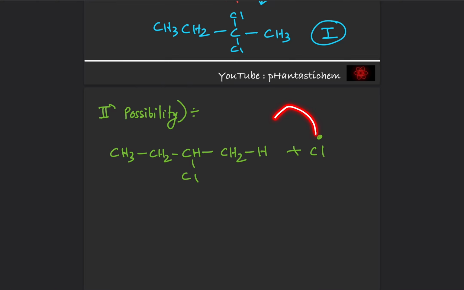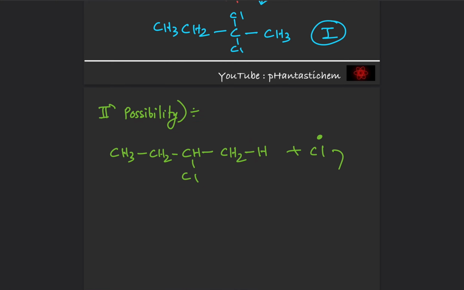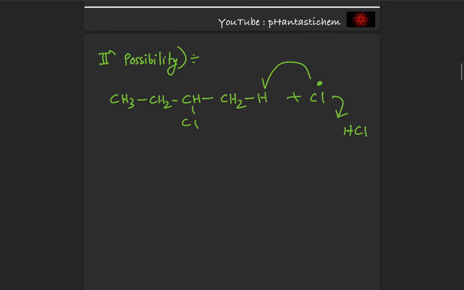So this will combine with this to form HCl, and we'll be left with this particular radical. So this combines with this H to give us HCl, and then we will end up with CH3, CH2, CHCl, CH2 radical, and then this